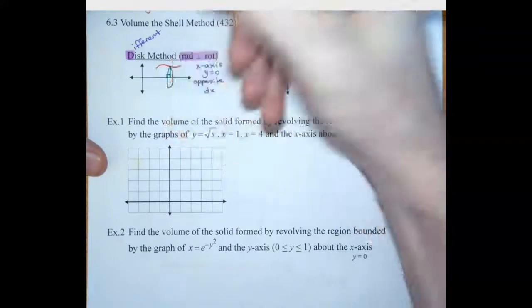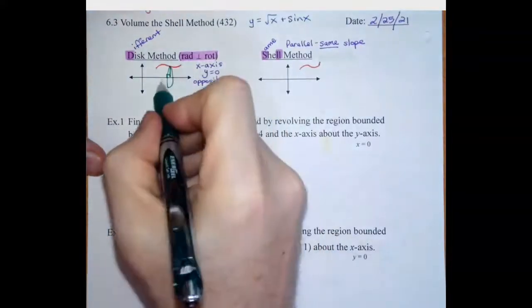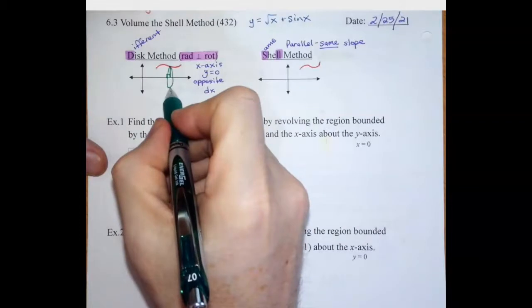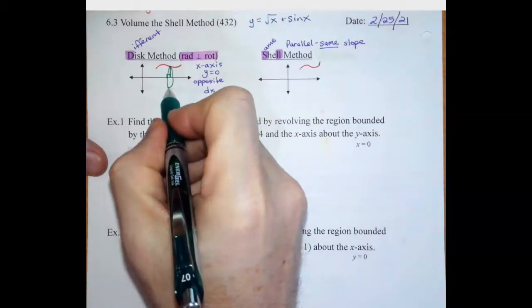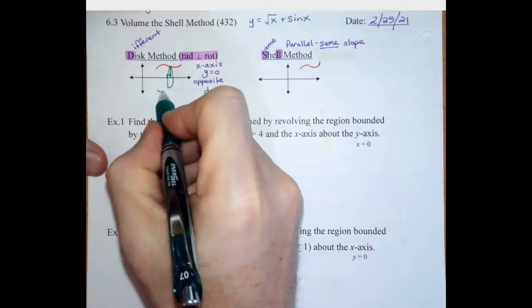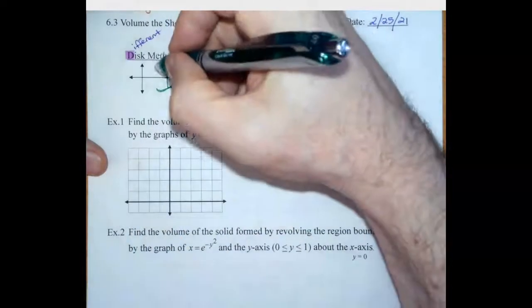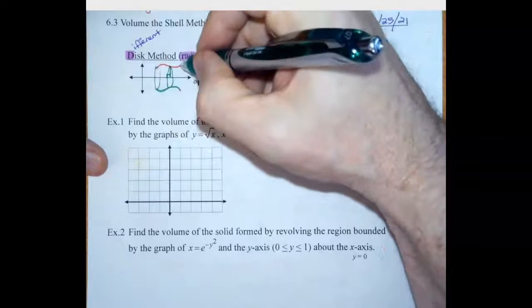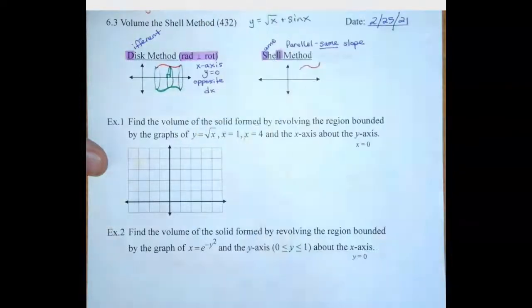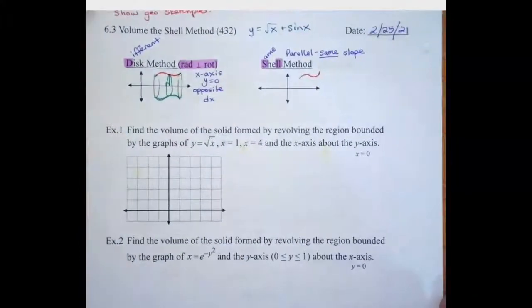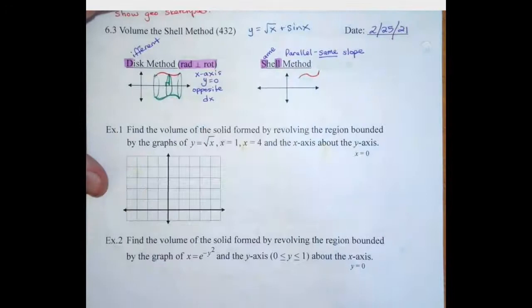So we will revolve it around there. And I don't know how well I'm going to do this, but kind of like that. So we'd be revolving these around here. Kind of looks like maybe a vase, whatever. But the key there is that the radius is perpendicular to the